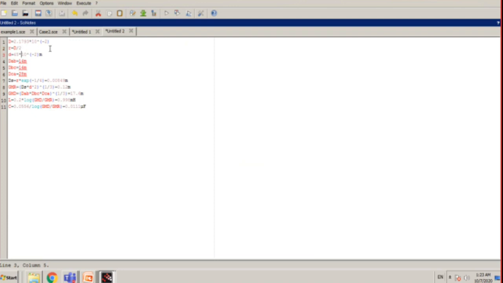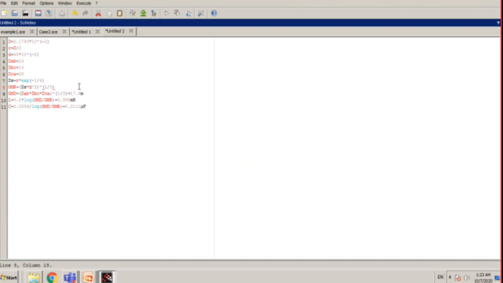It's a calculation, so the system will calculate, right? Next D you have to give, so D is equal to 45, so I take the unit alone. DAB is equal to 14, I take off the unit. DBC is equal to 14, I take off the unit. DCA, I take off the unit. Okay, DS is equal to R into exponential of minus 1 by 4, just a calculation, so I substitute only the formula, right?